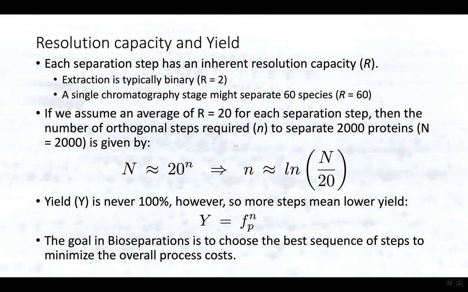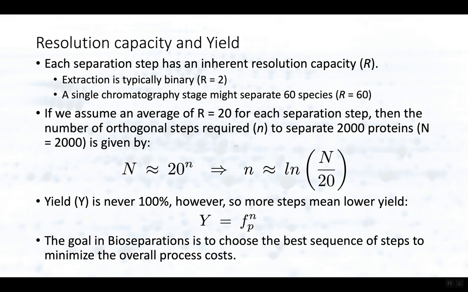Well, we've got 2,000 different proteins, okay, all of which may be present going into a chromatography. One stage of chromatography isn't going to do it. You're going to have to do at least 2 stages of chromatography, probably even 3, or add yet another process to it. All right. So if we assume an average of 20, a resolution of 20 for each separation step,